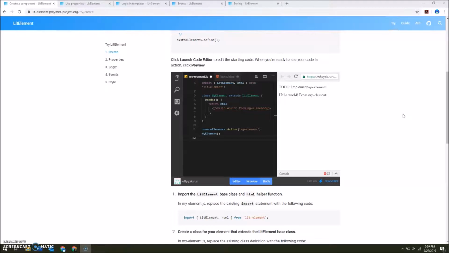So in the create section that we're in, we start out with just creating our element, defined as my element, and it creates this hello world from my element section here by rendering it with this